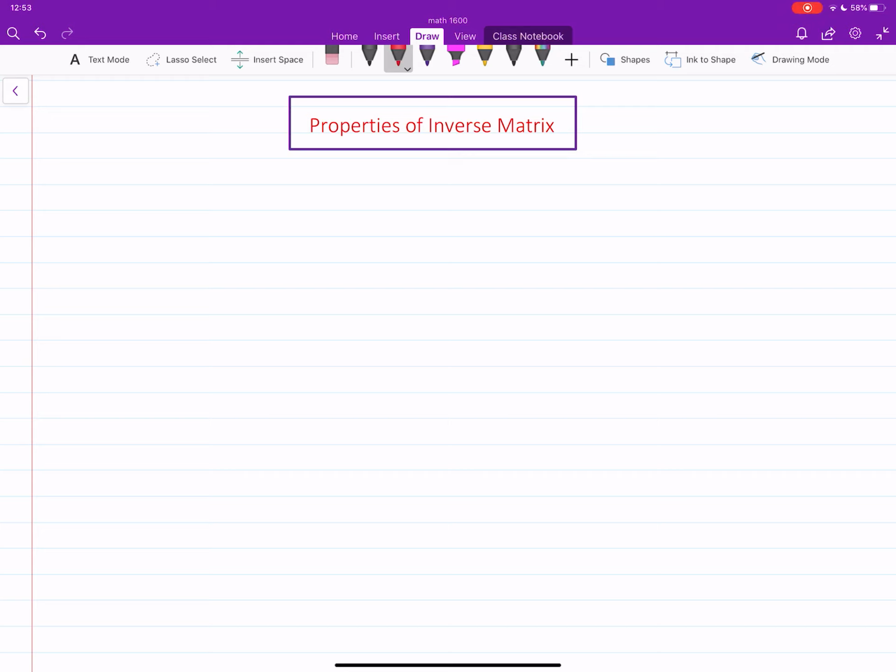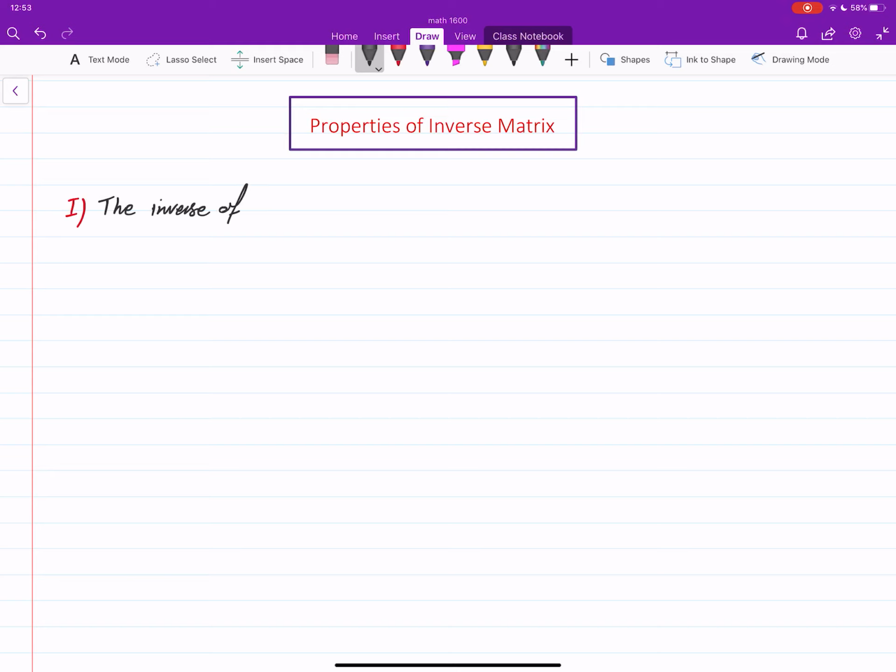Hi, in this video we will learn about the properties of inverse matrices, and we will see how the inverse of a matrix works with the other operations that we have learned so far for matrices. Okay, so the first thing is that the inverse